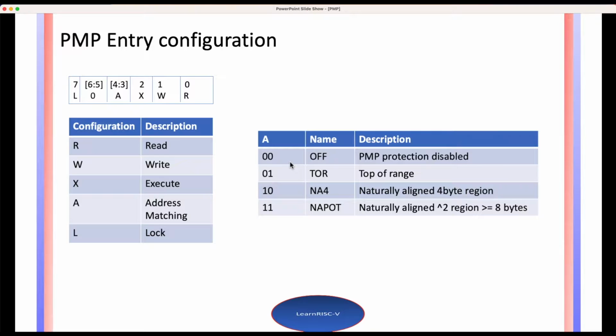for now all you need to remember is if it is 00, that means that PMP protection is disabled for that particular region, in which case the particular region would be accessible to machine, user, and the supervisor mode. And if the 8-bit fields are 01, which stands for top of range, and 10, which is naturally aligned 4, and 11, which is naturally aligned power of 2. Okay,